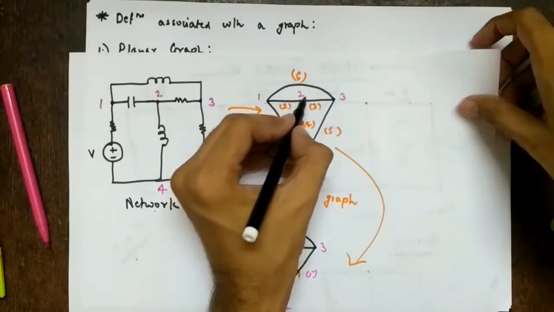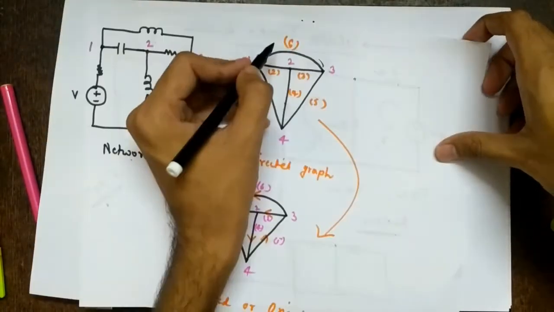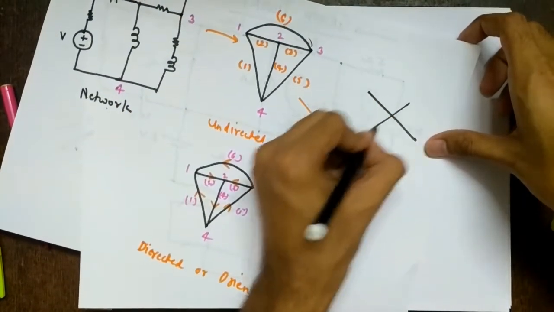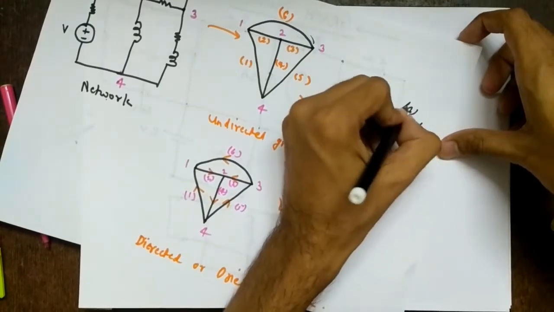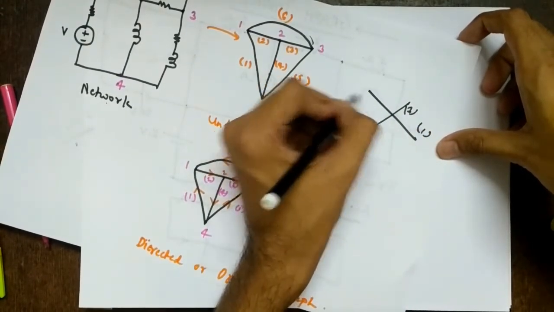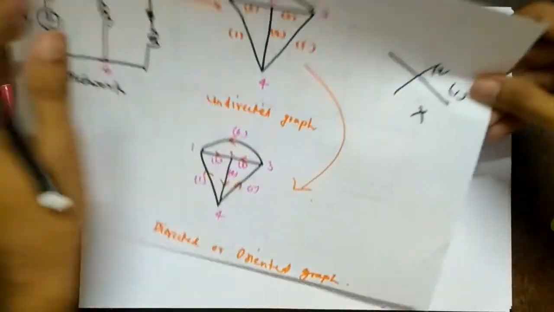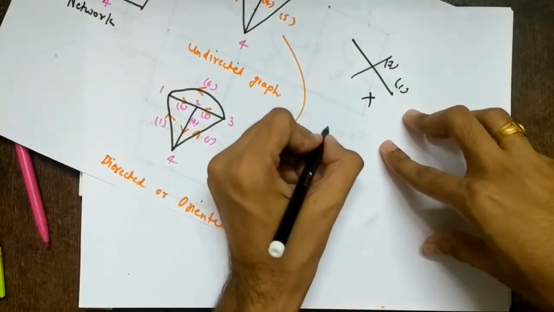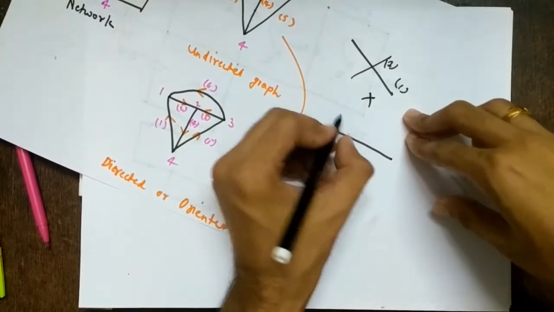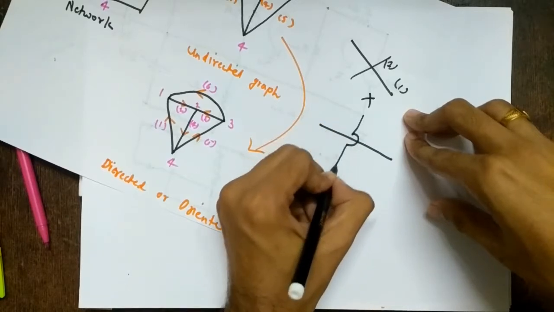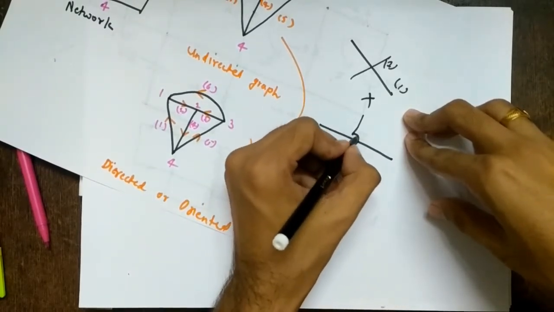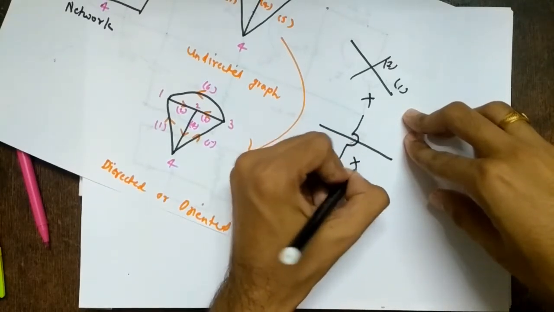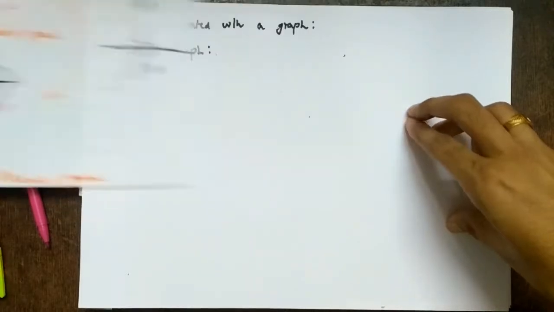If I take any two branches, do they intersect? No, right? They are not intersecting. Here they are coinciding, they are not intersecting. But if this is branch 1 and this is branch 3 and they cross, they are intersecting, right? So this cannot be a planar graph, as they should not cross each other. If you are in the electronics domain, you should know what a jumper is. If I have a branch going like this and another branch going above it, it is jumping over this branch. This is called a jumper in electronics, also called crossing. So this will also not be a planar graph.